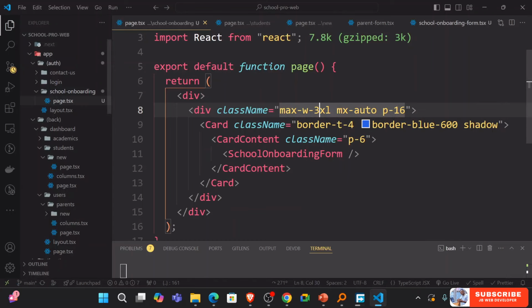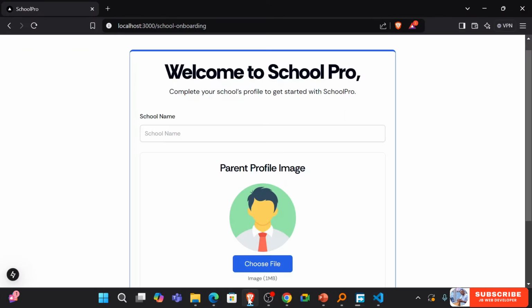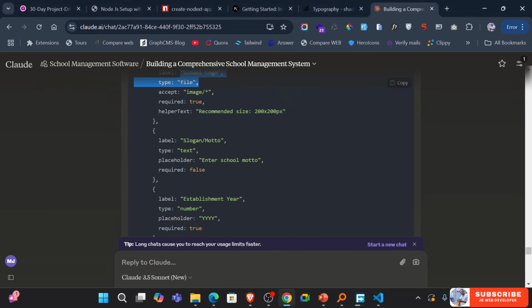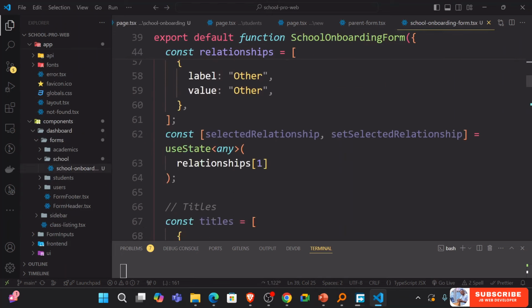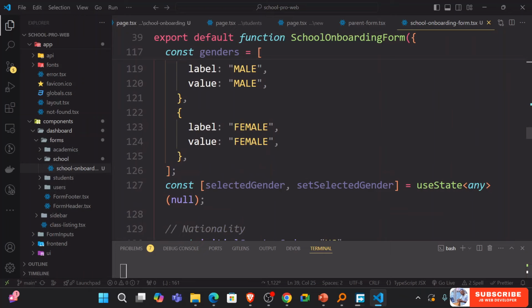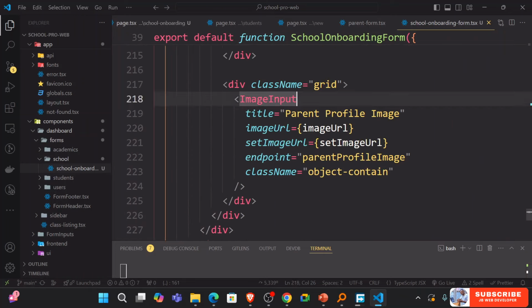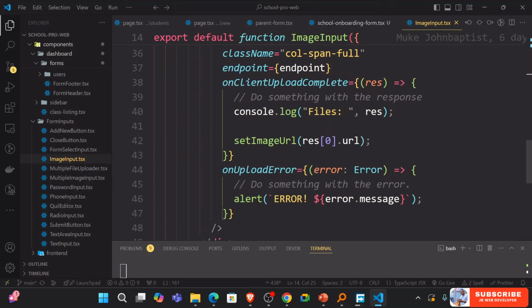Okay, then this image seems to be really big, so I'm going to go back to the form. I'm just going to consider this image input and change a little bit of things. So if you just go to the image input, first of all,